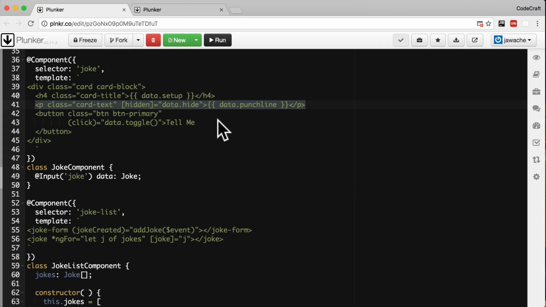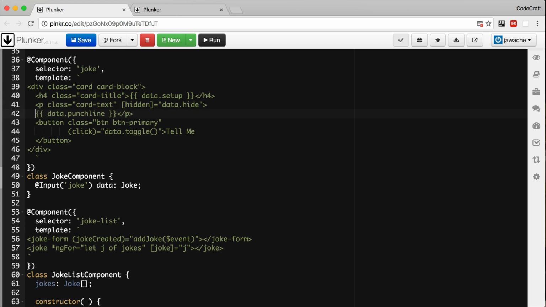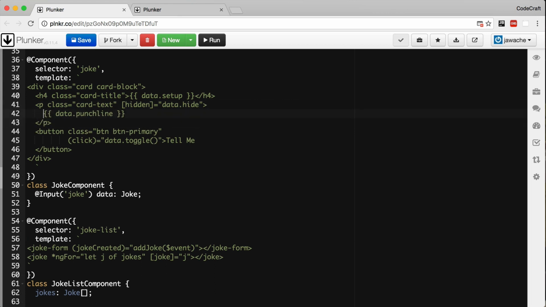If we add the tag ngContent anywhere in our template HTML for our component, the inner content of the tags that define our component are then projected into this space. Let me show you. If we change the template for our joke component to be something like this, so instead of showing data.punchline, we replace data.punchline with our ngContent opening and closing tags, and then we change our joke list component template from this into this,